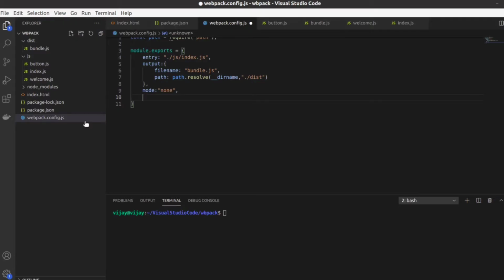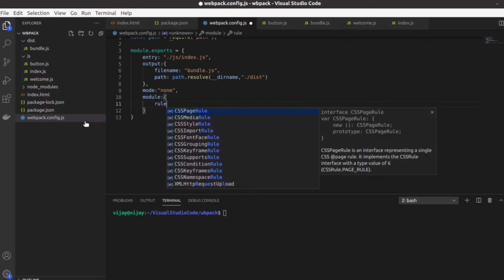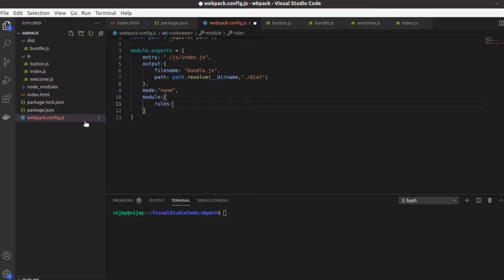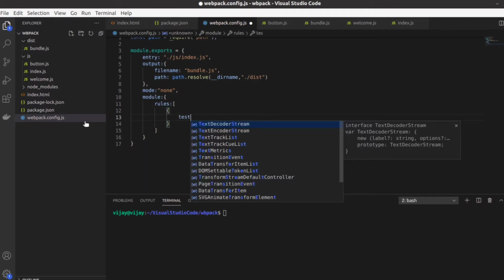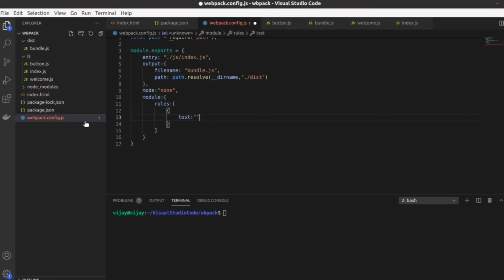To start using loaders, first we have to add a property in the config called module, and we have to specify rules. Rules is a list and it will contain objects specific to each file type. First we will specify CSS, so it takes in two properties, test and use.